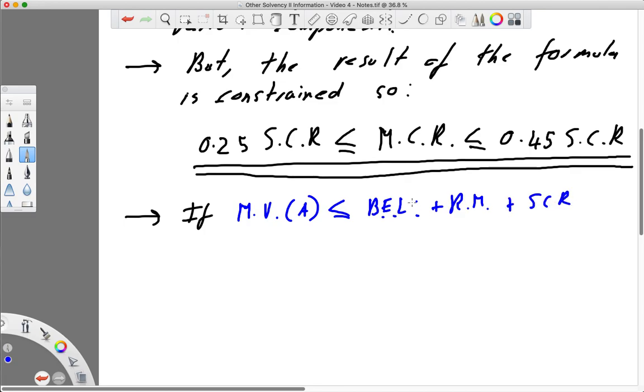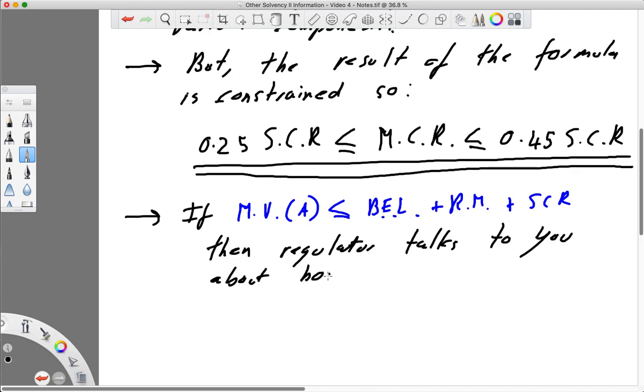So this BEL and RM could be replaced by market value of liabilities. But yes, if the MV of A is less than or equal to this result on the right-hand side, then the regulator talks to you